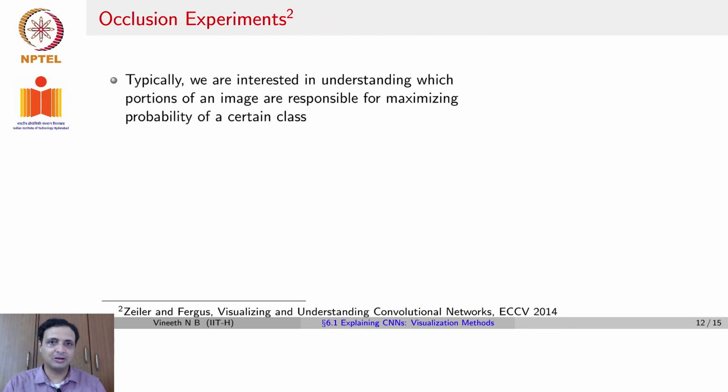And the last method that we will talk about in this lecture are what are known as occlusion experiments, which attempt to leverage our objective that we finally want to understand which pixels in an image corresponded to the object recognized by the CNN. Why does this matter? We'd like to know if the CNN looked at the cat in the image while giving the label as cat for the image, or did it look at a building in the background or grass on the ground.